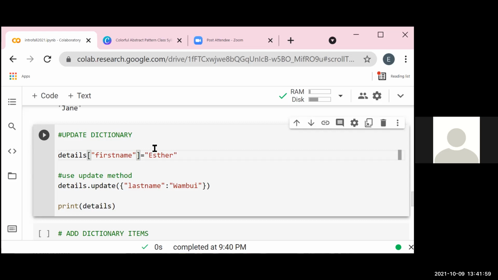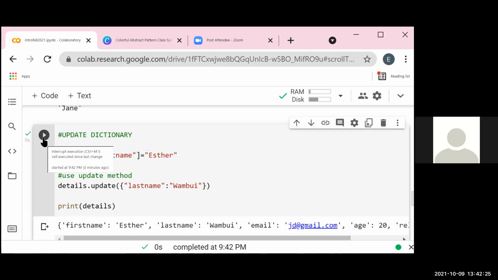You say details.update, then inside parentheses, the way you reference a dictionary, with curly braces, we say we want the key last name to now represent one boy. So when we do that, let's see whether our details dictionary will be updated. So it has updated our values. That is changing already existing key value pairs.